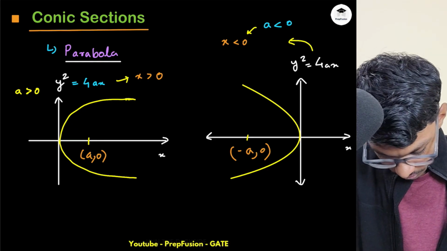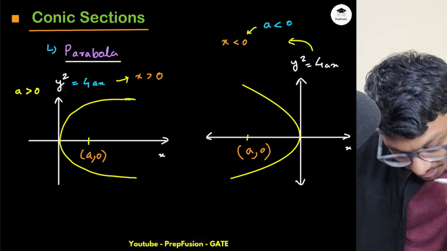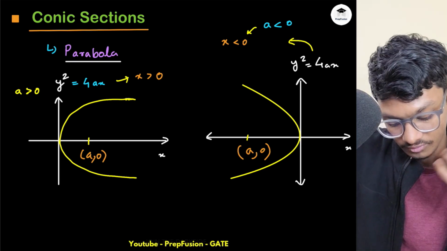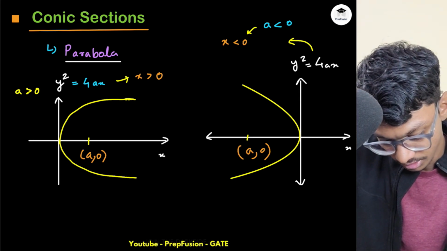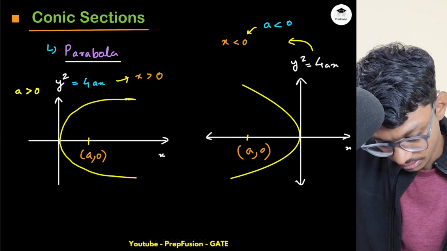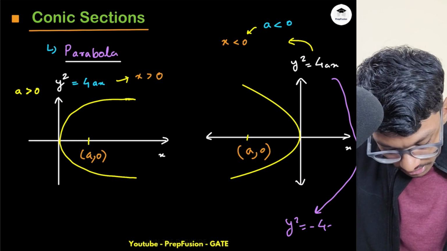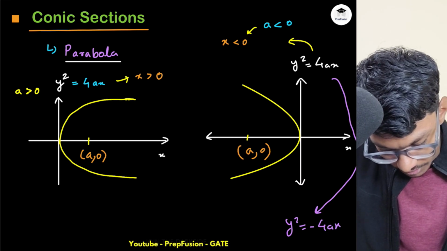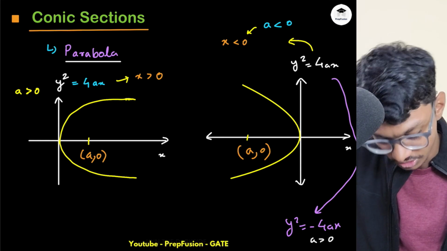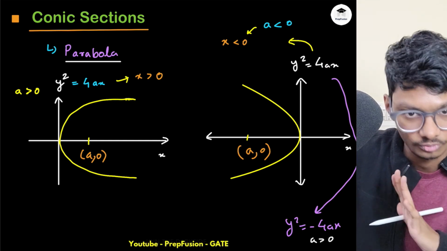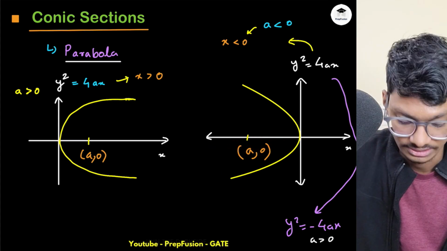So this will not be negative, this will be plus a only. So you can either write it like this, or another way to represent this is, let me take this. You can write y square equals to minus 4ax and a is positive. You can represent it like this also. Then also my x has to be obviously negative, right? So either way, both ways work. The interesting thing is that it will always lie on the left hand side, because